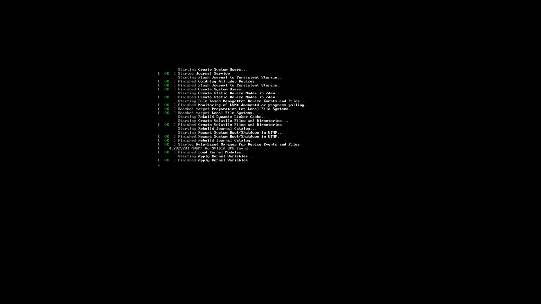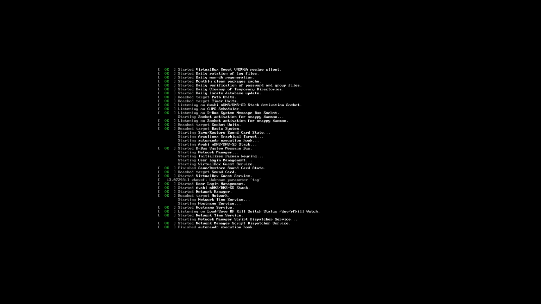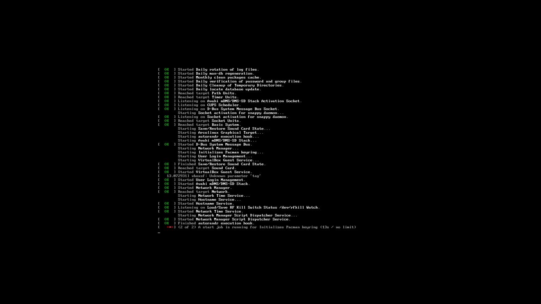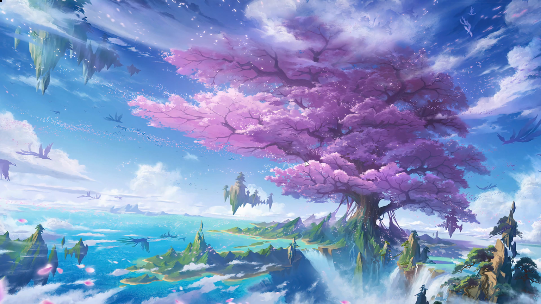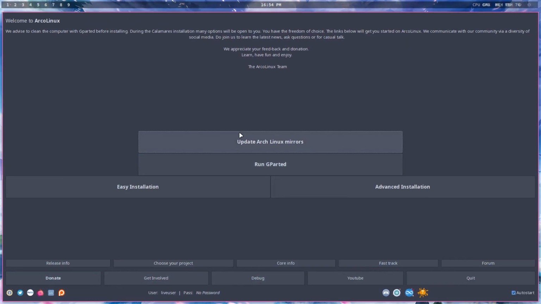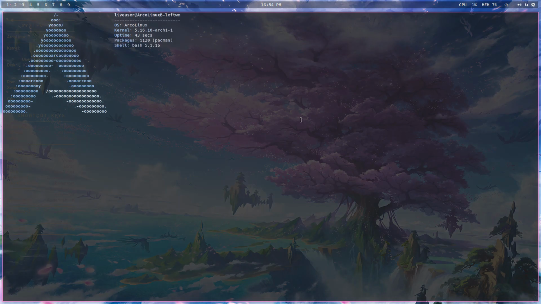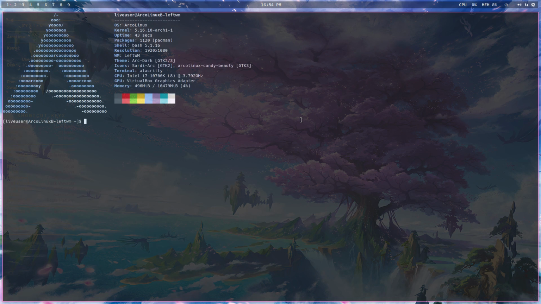I believe we can see the result already inside LeftWM in the live environment. And then we know that if we install it, it's just going to be there, because I told it to install a package on the ISO. So here, what you see is what you get. And if we quit this and press Control T and we ask for an update,